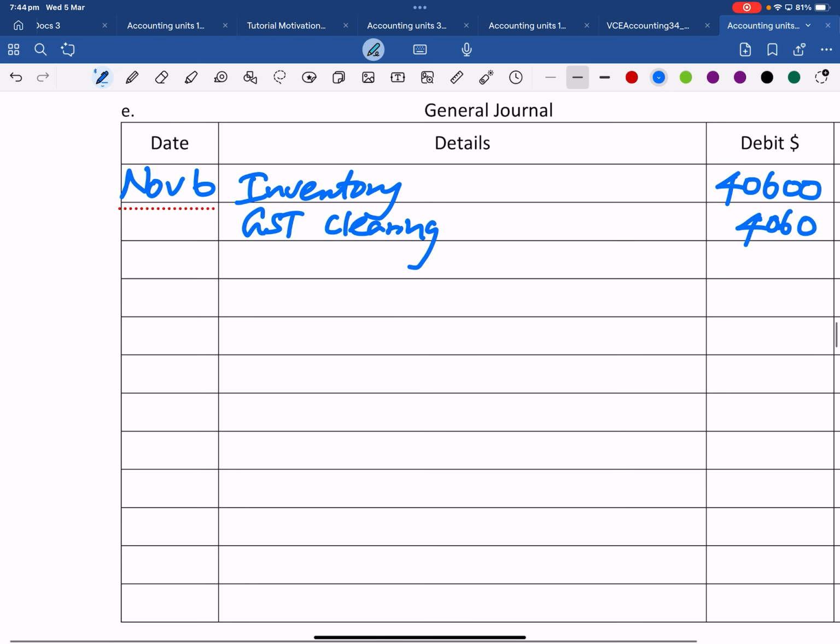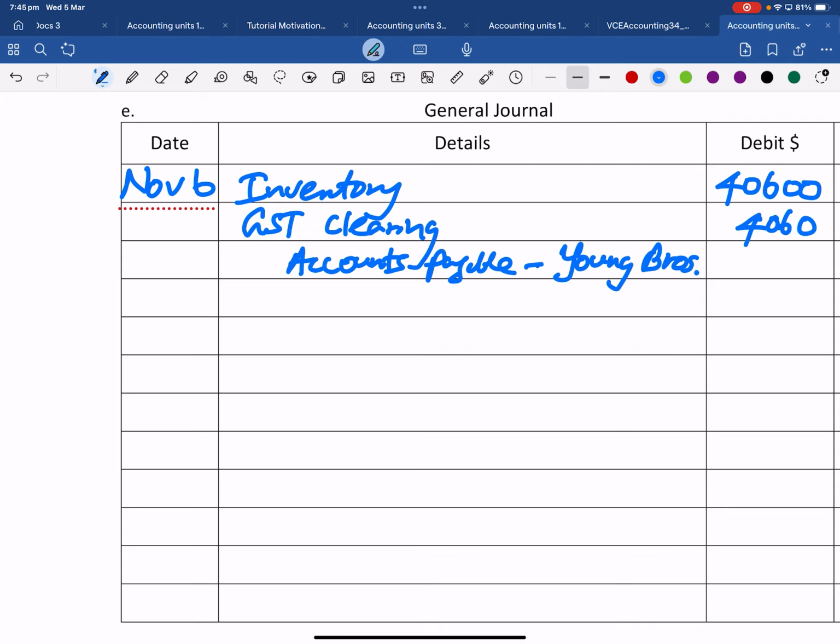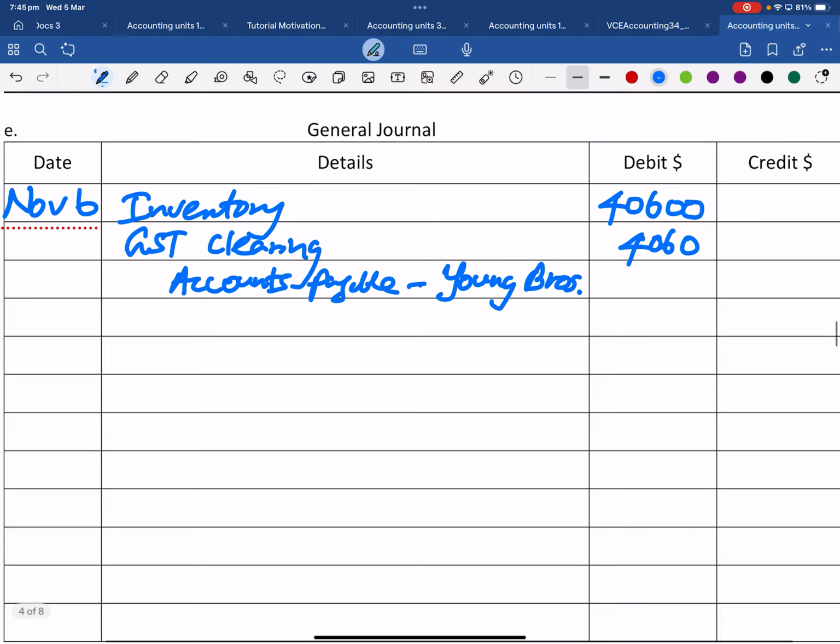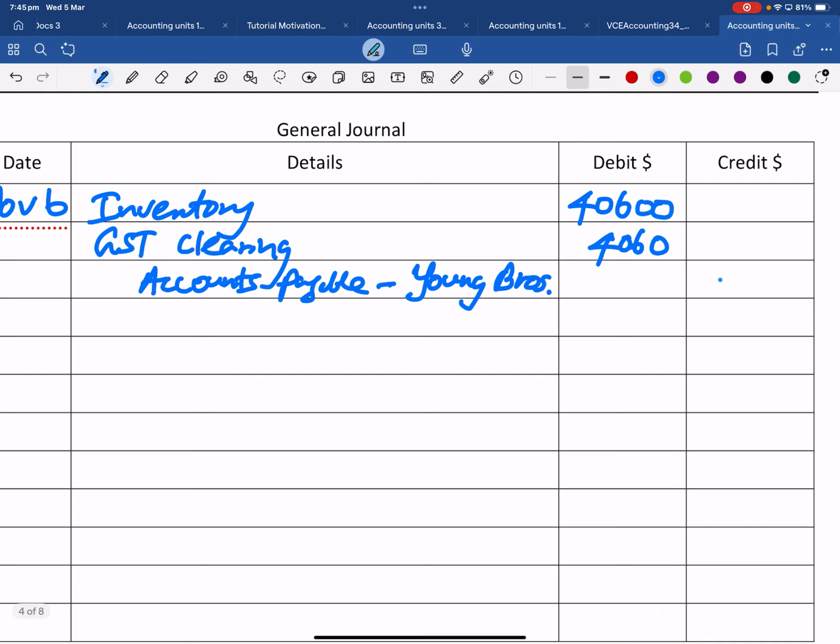Accounts payable, credit. Do we know the accounts payable? Yes, Setum. Do we know the name of the accounts payable? Yes, you always write Young Bros. We have to write the name if you know. Okay, right. That means